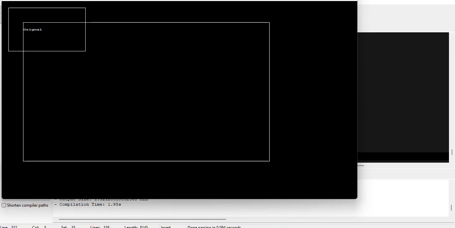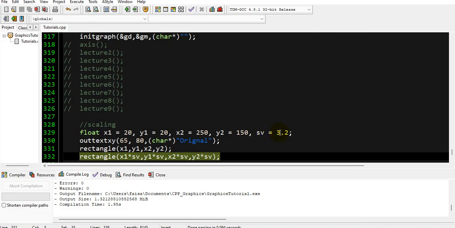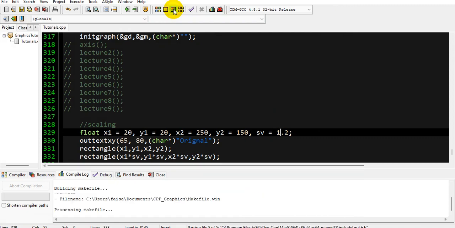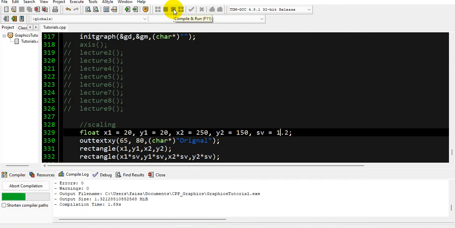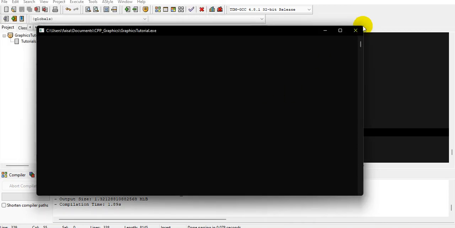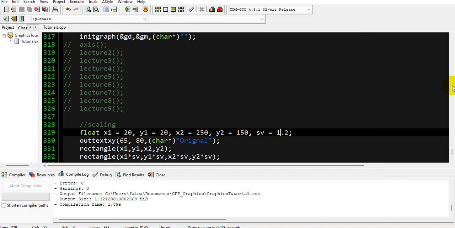If you don't want to see it much bigger, then you can multiply it with a smaller value so we can see it properly on our screen. So here it is. The rectangle behind is the original and in front is the scaled rectangle, right? So this was scaling in C++,